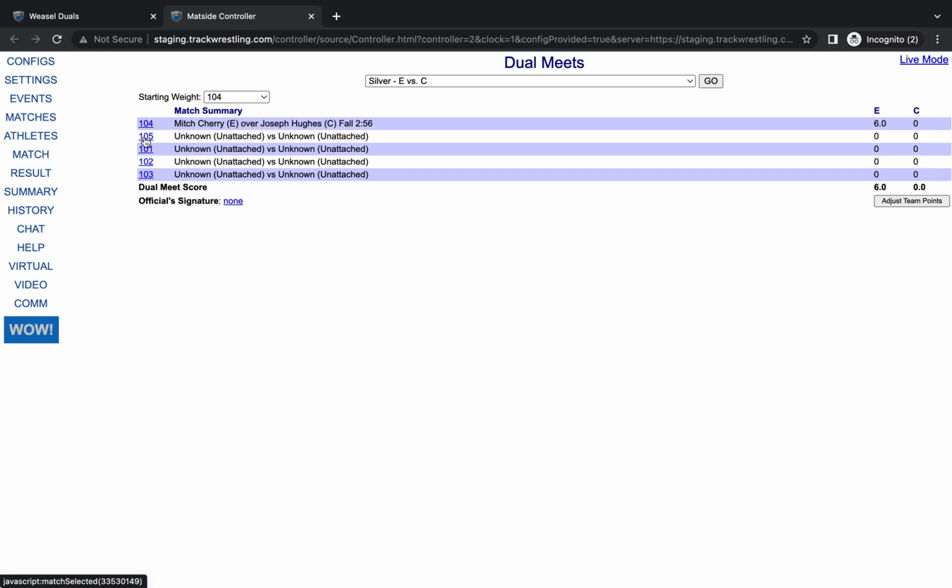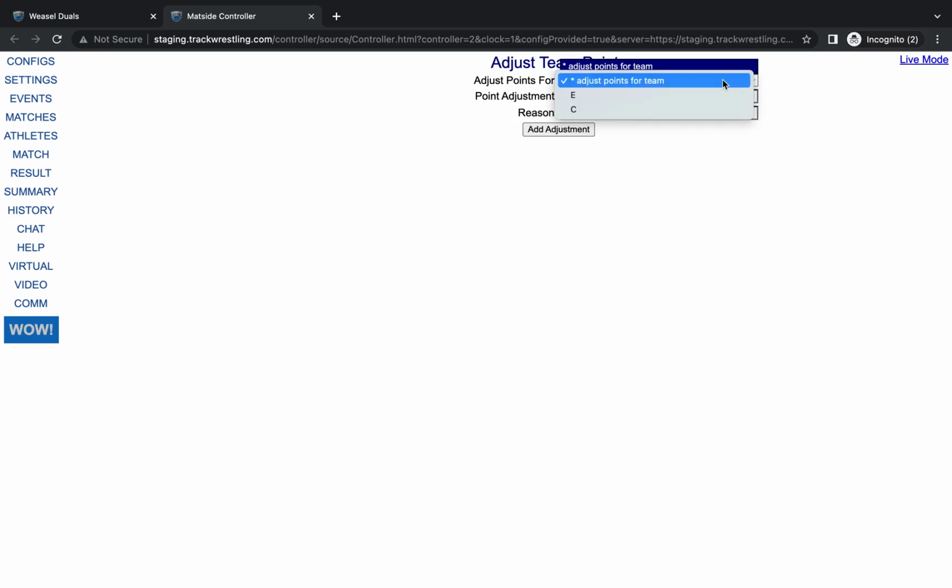You'll see that the team scores populate here as each weight class is done. So you have a total at the bottom, and then it shows for each weight class what team points were scored. If we needed to make a team point adjustment for whatever reason, let's say there was an unsportsmanlike conduct or another penalty, you can click on adjust team points from here, select the team that you need to adjust. We're going to take it from E. We'll do -1,